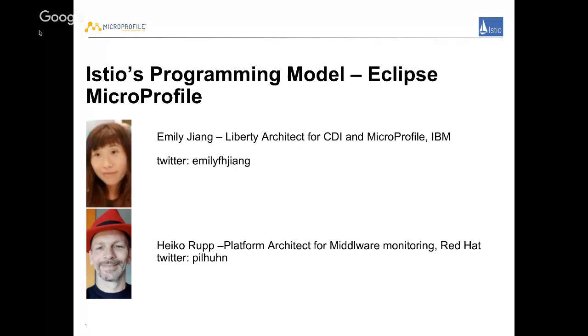Thank you, Stephanie, for having us. I'm Emily Jiang. I'm the Liberty Architect for CDI and MicroProfile. I work for IBM based in the UK. If you have any questions afterwards, you can always give me a tweet message on my Twitter handle, Emily FH Jiang. By the way, today's session is about MicroProfile positioned as